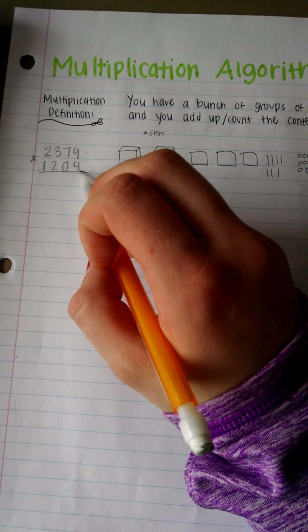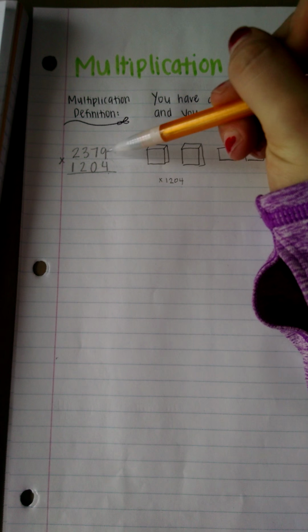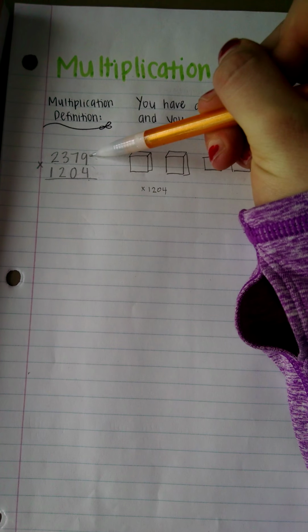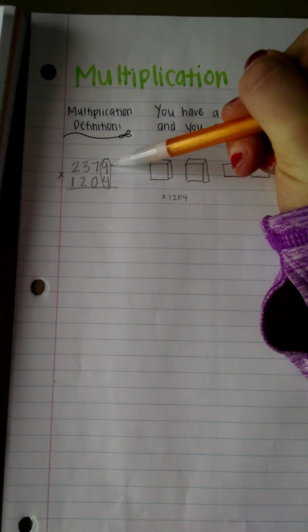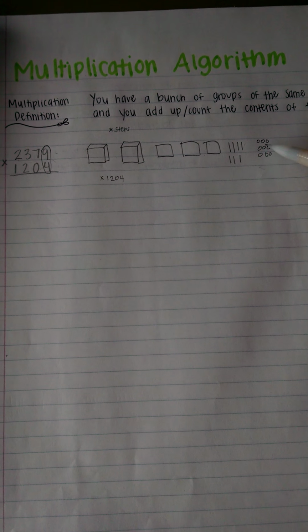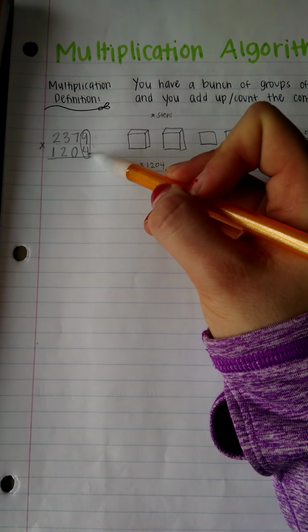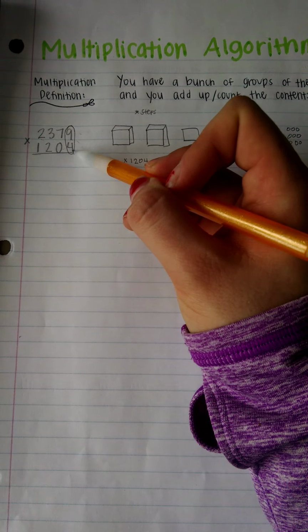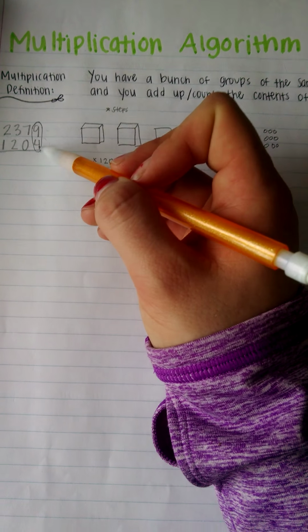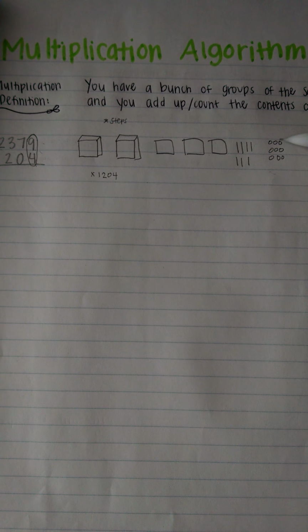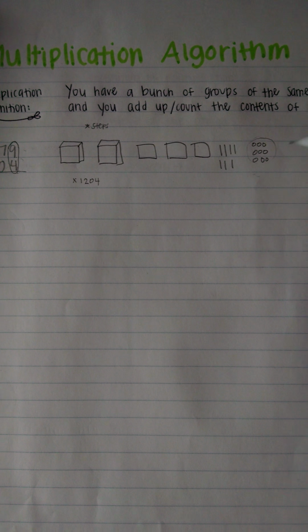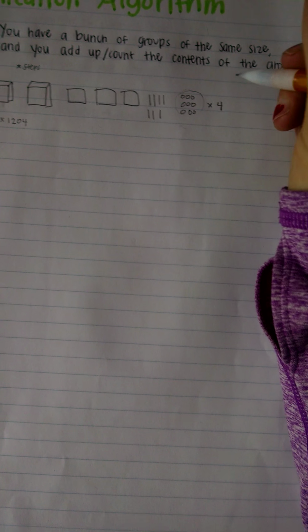Just like adding and subtracting, we can start with the ones place or the singles. So we have 9 times 4. So this means 9 singles times 4 groups of singles, 4 groups of 9 singles. So we have this many 9 singles times 4. So this would be 9, another 9,